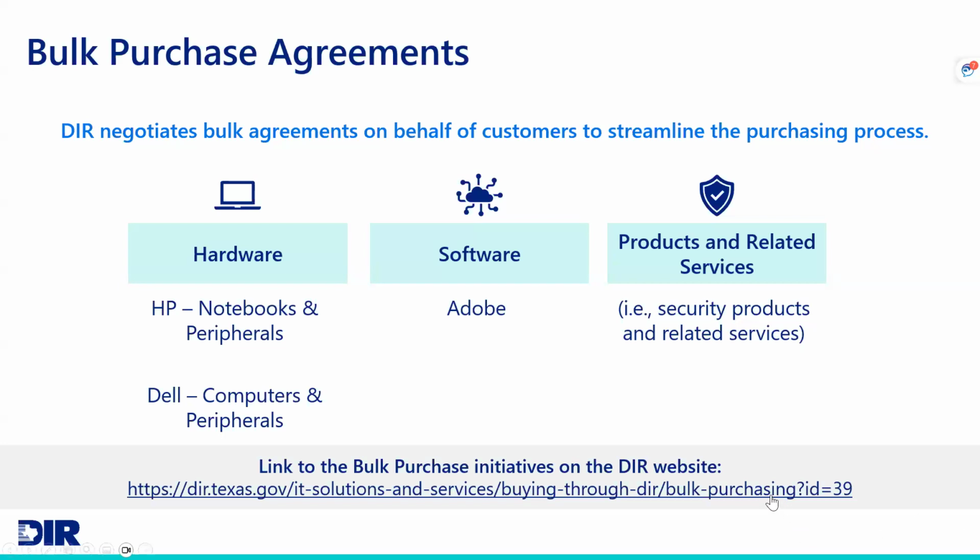I've given you the link to the DIR website where you can go out and see what we've always got available on bulk purchases, and then you'll also see the contract documents as well as the pricing schedules for things that we've got available through bulk purchase right now. And this can change. So we also invite you to bookmark this link and just check it from time to time to see what we've got available on bulk purchasing. And again, you can order one item or you can order 2,000 items if it's available on a bulk purchase. And you don't have to be a state agency. This is open to all of our eligible DIR customers.